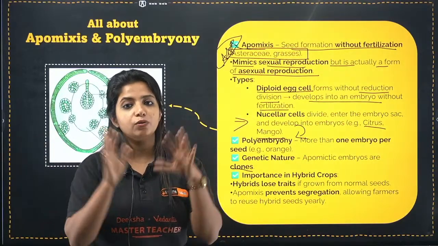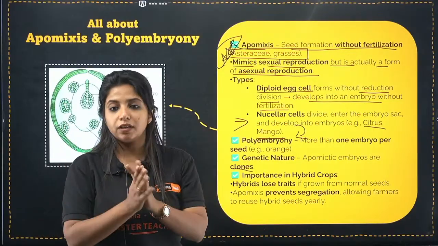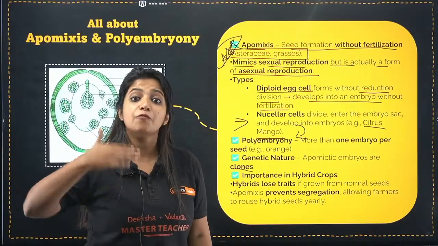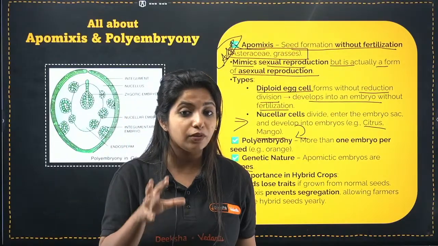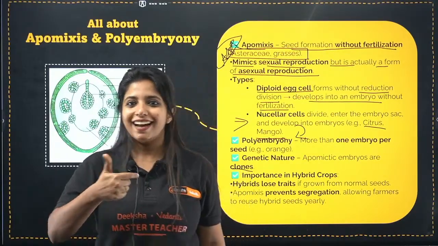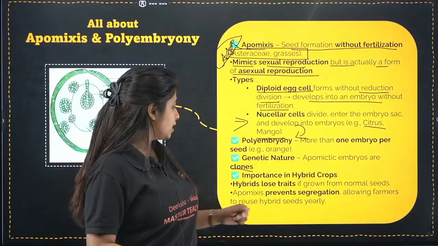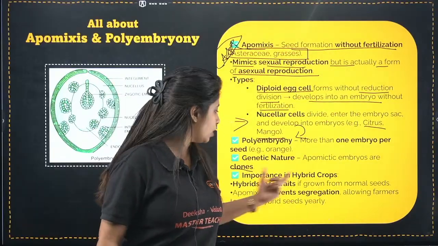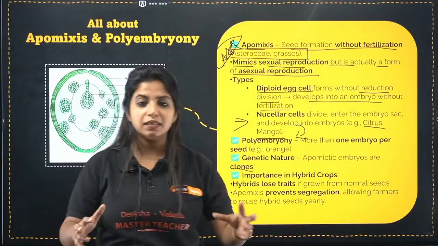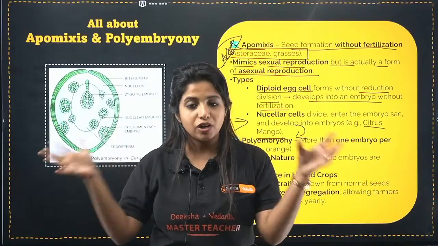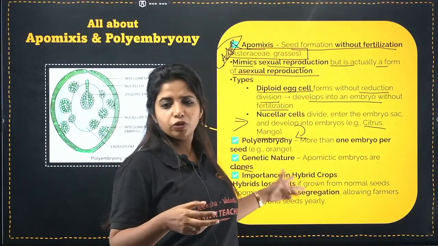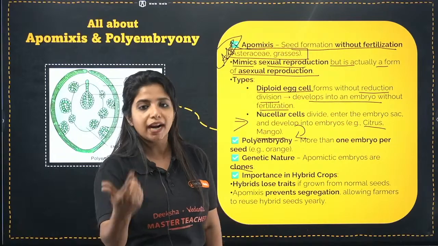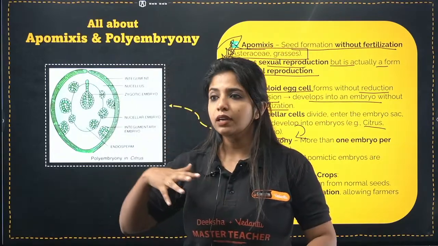Because normal seeds undergo sexual reproduction where two parents are involved. As I said, over here in the case of apomictic seeds, since only one parent is involved, and if that parent is really good with good features, it's all cool. I do not need to be worried about anything. Second, apomixis prevents segregation, allowing farmers to reuse hybrid seeds. As in sexual reproduction, there are chances, as I said, it can be mixed up, but here it's not. The second reason, rather, both of them seem like the same point itself, so I'll add up on a point and I'll tell you.